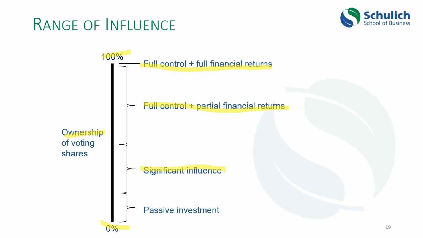But if the shares of that other company are widely distributed in the stock market and everybody else has, let's say, 1% or less of the shares, and you're the only person with 10% of the shares, well, you're the largest shareholder and you have a huge say at the board meeting. So having that degree of influence, you might be able to demand that the board give you a seat on the board, for instance. And if they don't give it to you, you would use your shares at the annual general meeting to convince all the other shareholders to vote against the election of the directors, for instance.